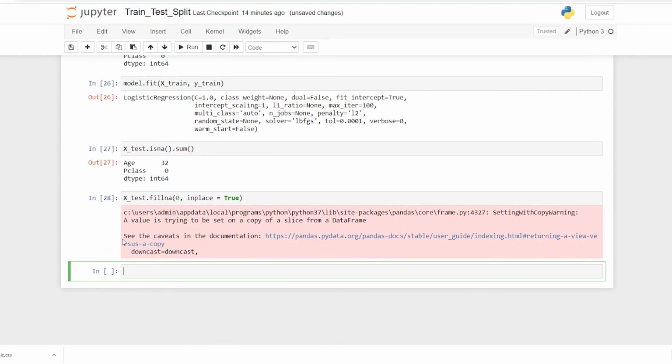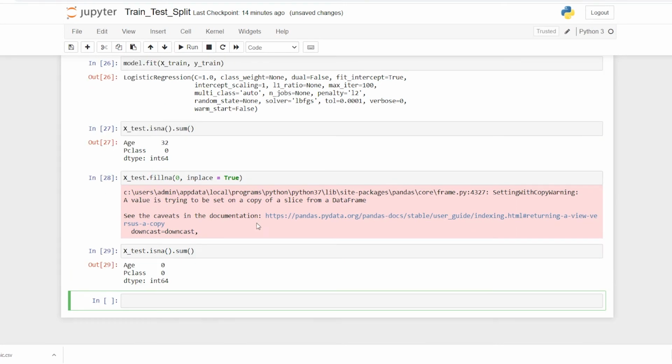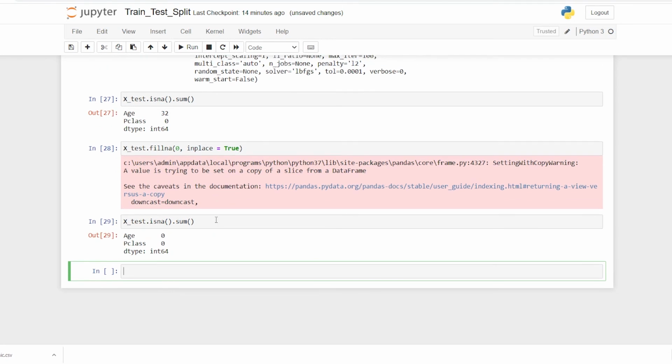I think this is some valid warning. Alright, I'll check it later on. Coming back to the point, so now I'll say xtest. Actually, this was not a model making video, but we actually got into it. So this is the way you work on it. This is the practical approach, pretty much, I would say. And we have it. Okay, so we have 0 null values at the moment.